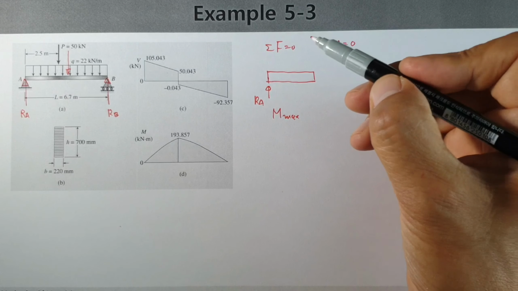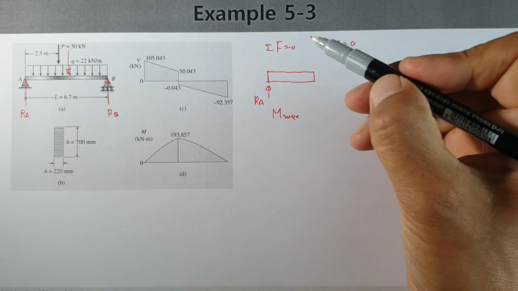In the case of the left side, when the element is located from A to that point P, then, or if it is located on the right side there, then we can draw a free body diagram like this one. Very similarly, RA is like this one, and the load P is acting somewhere there, and of course V is located like this, and the moment is like this one. Okay,